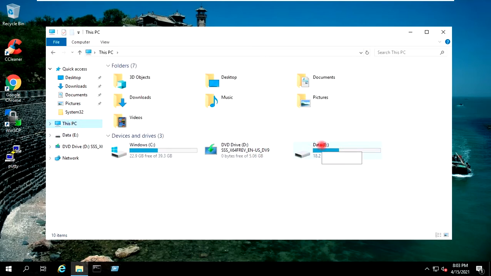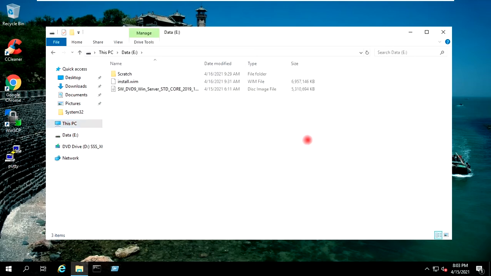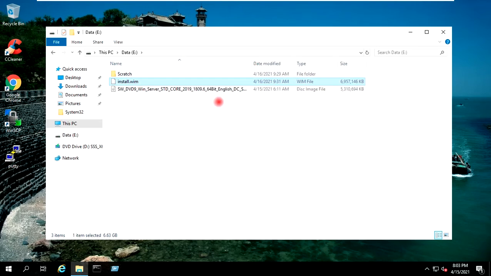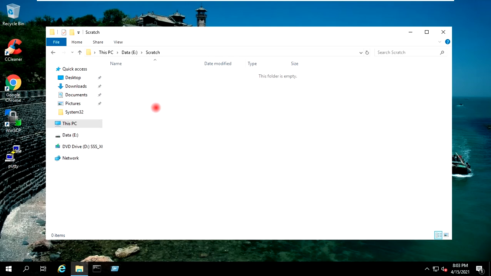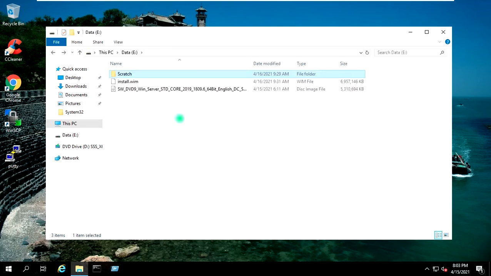I will go to data drive. This is the install.wim image which we have just created. And this is the scratch folder which was being temporarily used during the creation of the install.wim file.